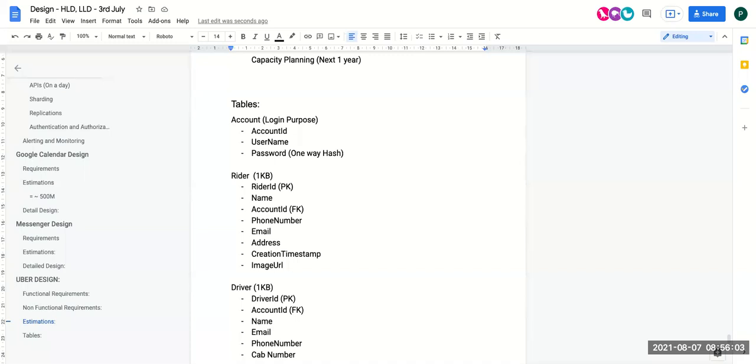If you want, you can shift username and password into the rider table and the driver table as well. But you'll have to store the password in a one-way hash format. Generally you have more authentication and authorization, and stricter groups who have access to those tables. And that's why it's easier to actually maintain a separate account table.